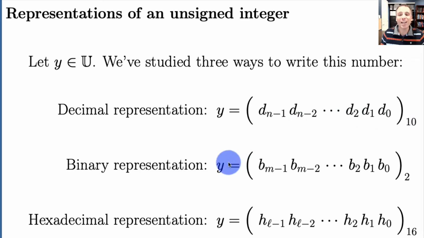When we use a binary representation of the same unsigned integer, the underlying value is identical, but the way that we express it is different. Specifically, we use binary digits, or base 2 digits. We call those b sub n minus 1, b sub n minus 2, all the way down to b0. The same rule holds: the subscript represents the power of 2 aligned with that bit. So b0 is multiplied by 2 to the 0, and then we add that to b1 multiplied by 2 to the 1, plus b2 multiplied by 2 to the 2, all the way to the mth bit, which is b sub m minus 1 multiplied by 2 to the m minus 1.